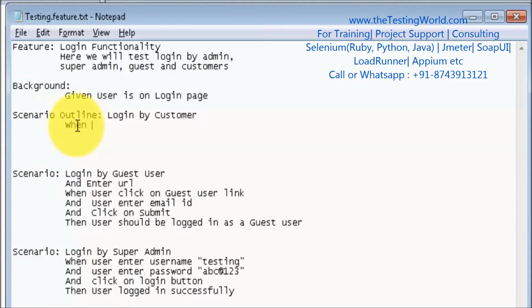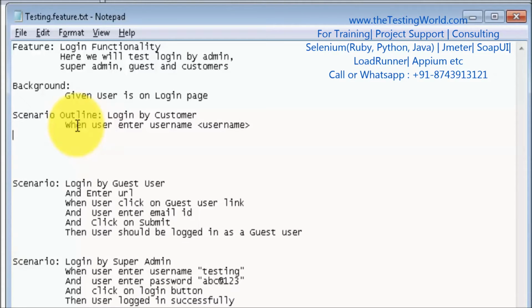When user enters username, what username you want to use, we have to write in this bracket. I want to pass username here, and user enters password. What password you want to pass, so that is password,